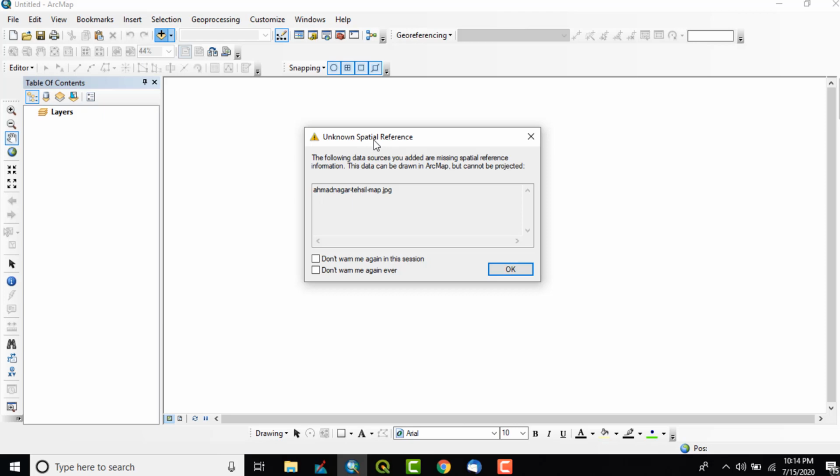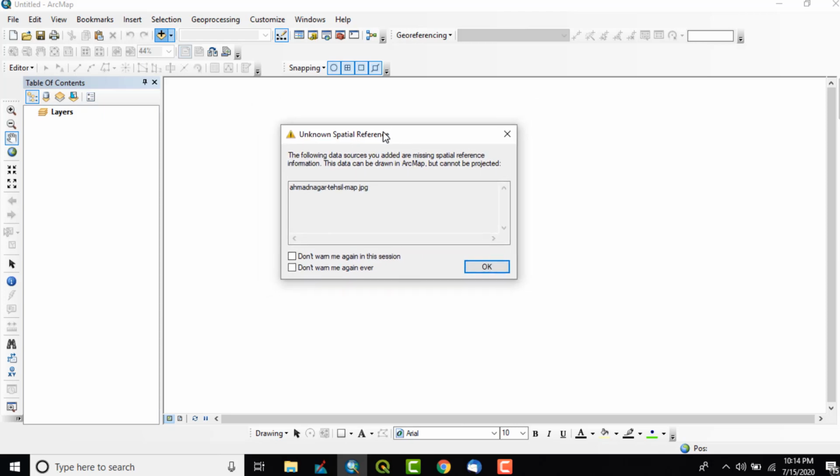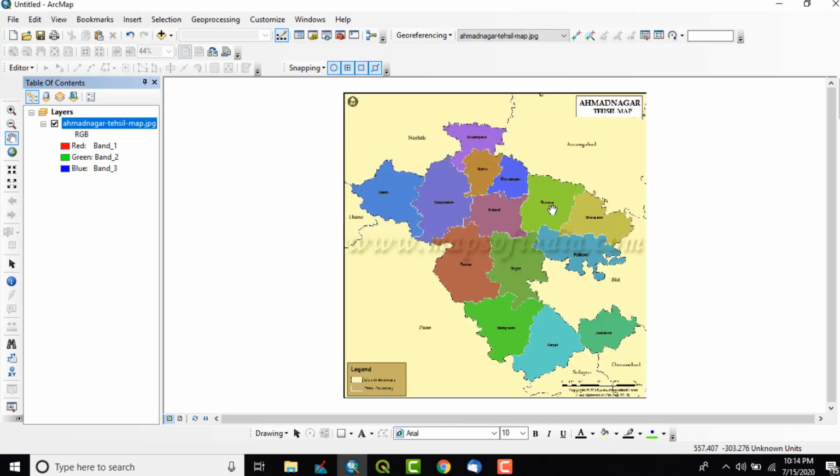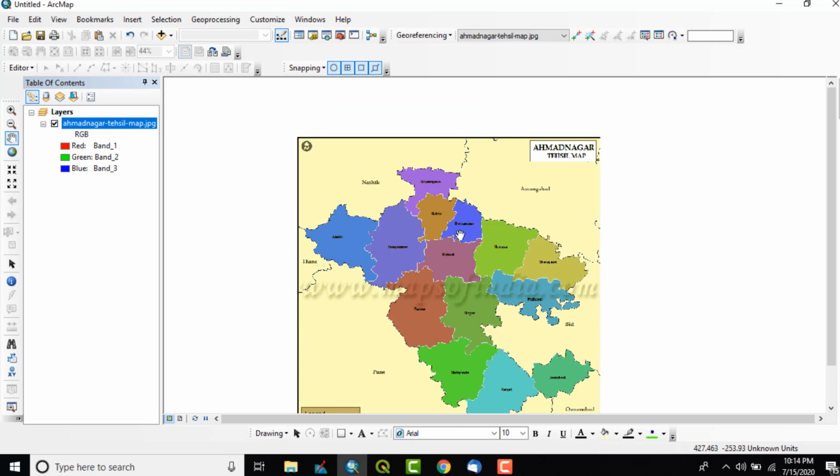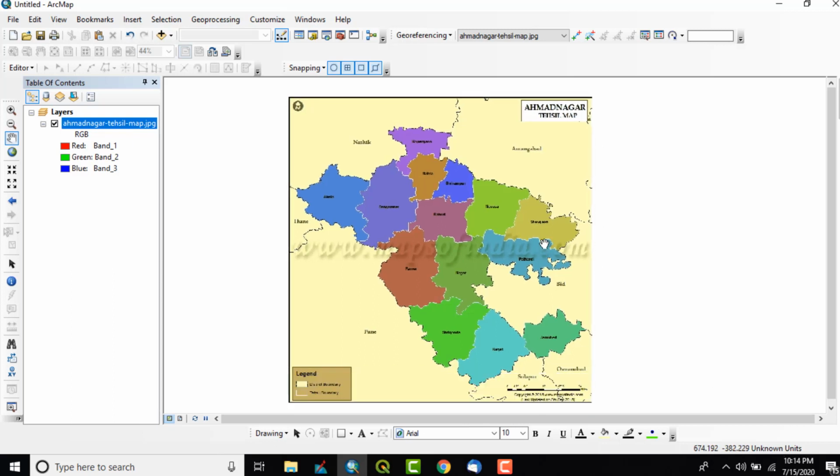It is just an image file. That's why this particular error is there. It says the map we are adding doesn't have any spatial reference. So say OK. This is the JPG file, but you can see at the bottom it shows unknown units, and this can't be worked on in GIS. We have to have some spatial reference for our map.